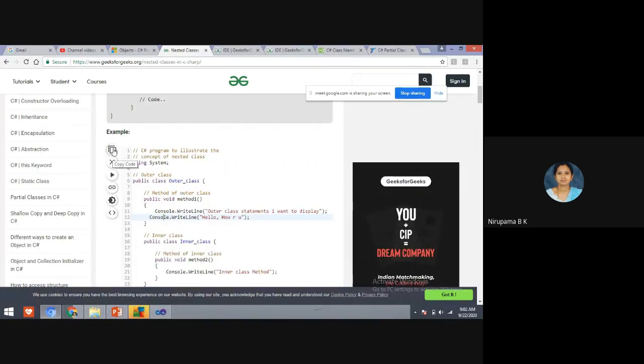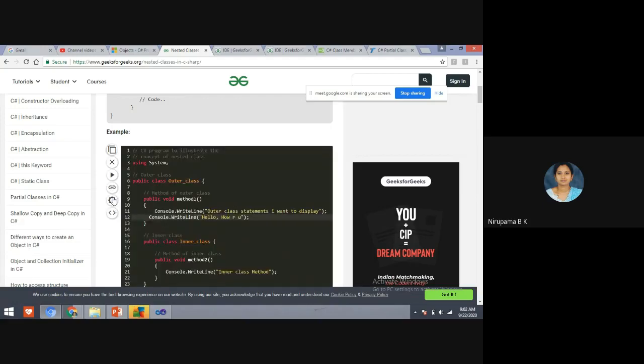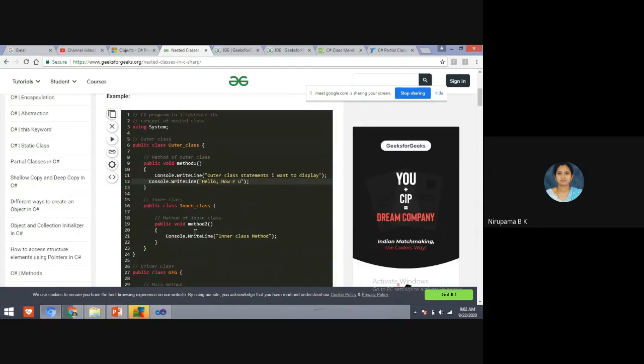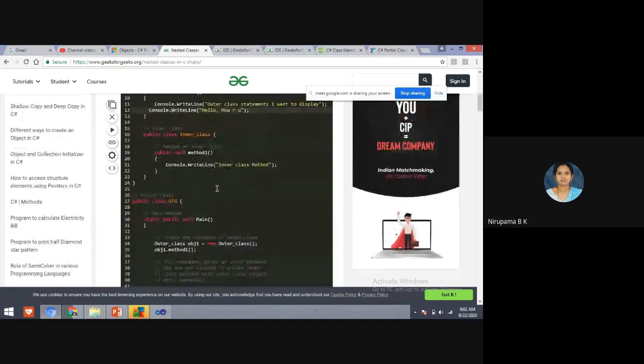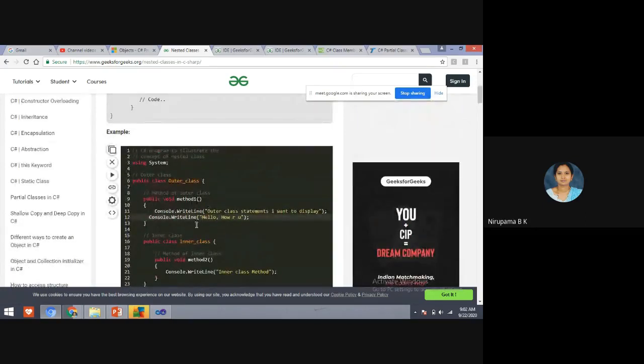See here, you can see the options: copy code, close editor, run and see the output, run code and generate ID URL. And if you click here, the screen will become dark. But students, I'll check once why it is not saving. If you do any changes in this program, it has to save, and whatever changes we have done in this code, it should show the statements I have included now. These statements also it should display.